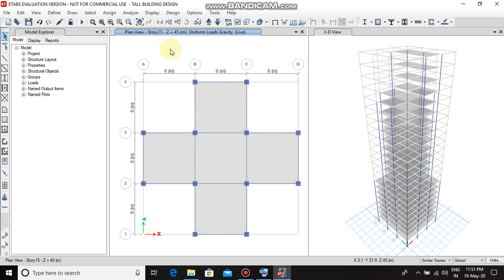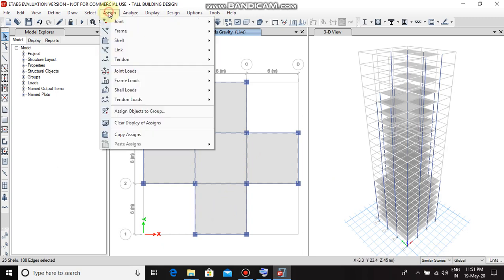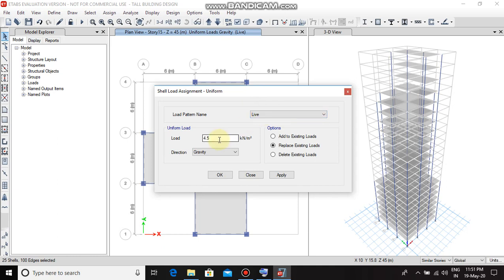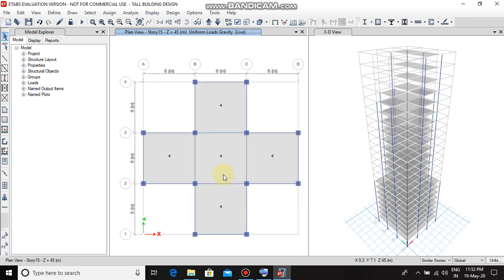You can take any one of the stories from story 15 to story 19, keeping it the similar stories. Select each of these shells, assign shell load, uniform, live load of about 4 kilonewton per meter square, then apply, then OK. So live load of about 4 kilonewton per meter square is being assigned to this portion.